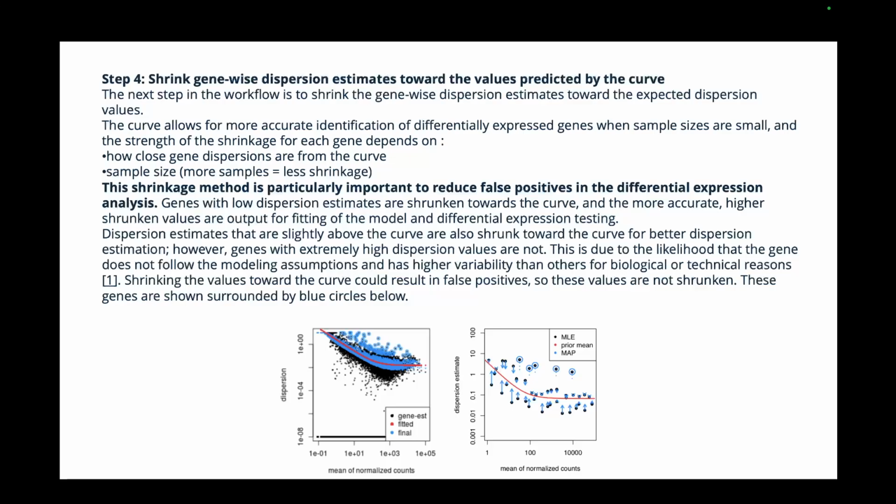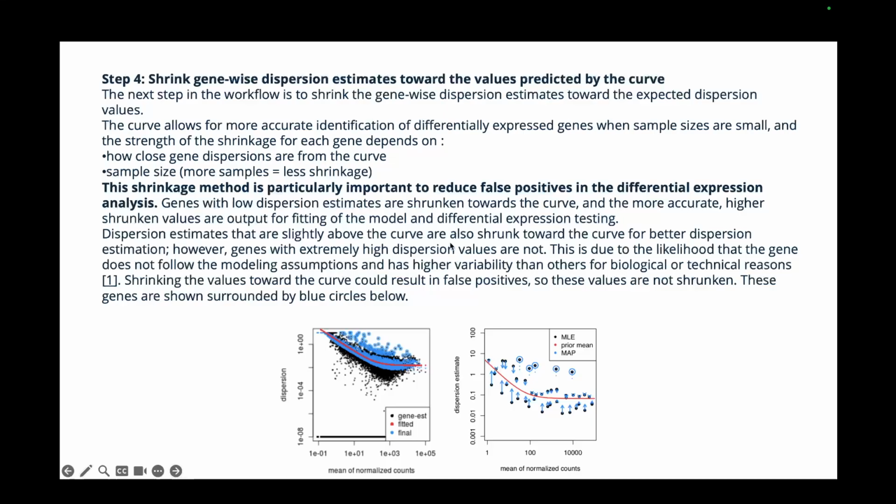So that kind of cutoff you need to have, because if you're shrinking a very high log fold change towards your expected curve fit, then that will be a true negative, right? So it's actually a differentially expressed change, but due to shrinkage, you are bringing it back down to an expected value. Those are the kind of things you don't want to do, because you'll lose information. So you'll have a cutoff, below which you'll shrink the values so that your log fold change looks cleaner. So the differentially expressed genes look cleaner, right? So yeah,